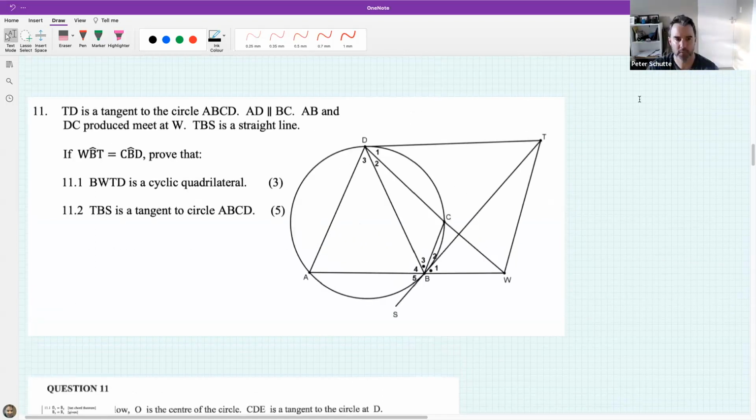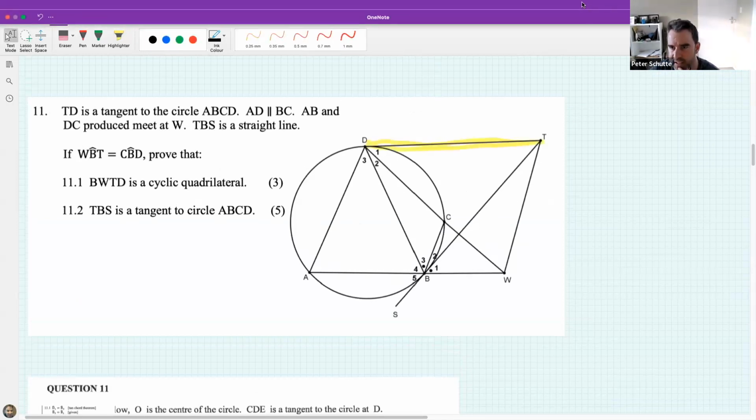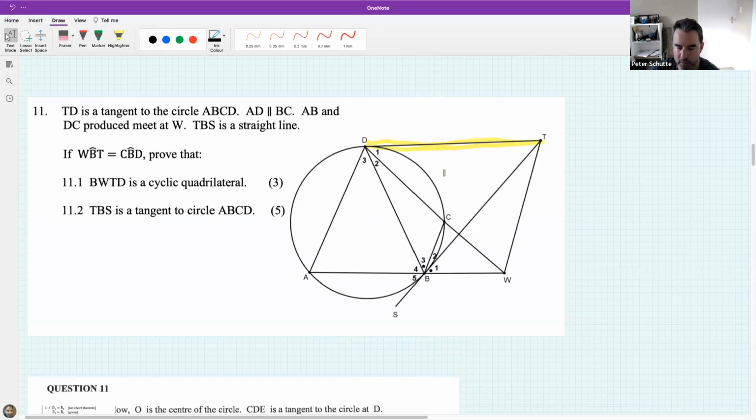Okay, so step one, it says here, TD is a tangent to the circle. So TD is up here. No problems with that. And one of the techniques I really want to help you think about is, if you take a moment to introduce yourself to the question, it becomes a lot less scary. So I know that there's a tangent, and that tells me to be aware that any theorems to do with tangents